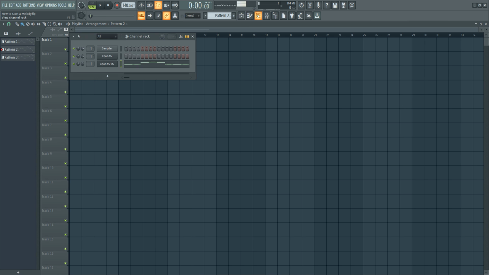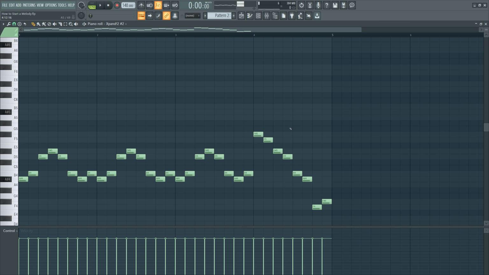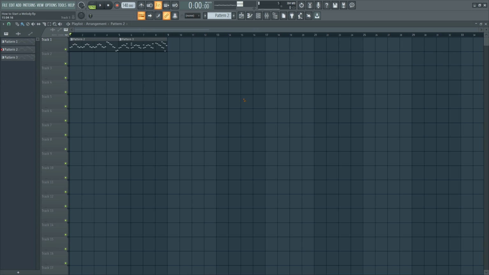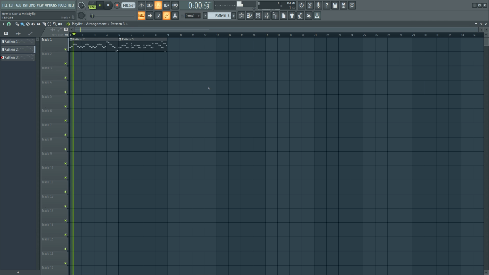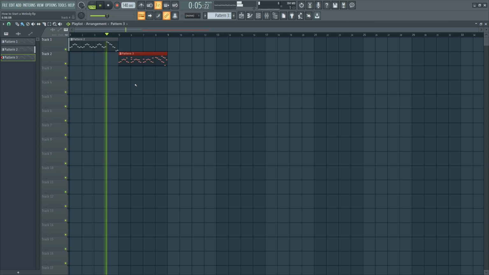Well, let's go back to the song mode, and I'm gonna play it. Now look at this melody. Now it does have ups and downs to it, but the velocity is all the same. There are no rests and there are no harmonies in the melody. And then pattern 3, you have velocity changes, you have harmony, and you have those rests in there. Let's listen to the difference here. Now which one sounds more live? It's pretty obvious.